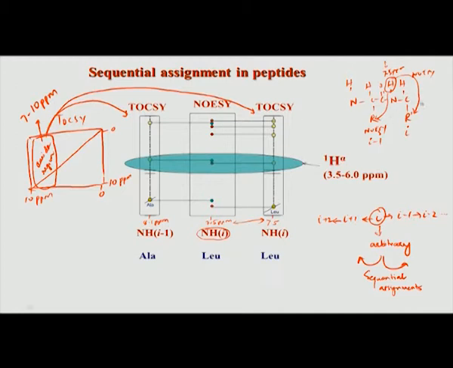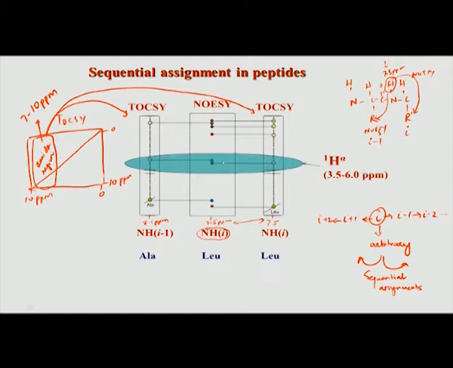You can also get a feel from this picture that this amide proton is close, within 5 angstrom, for the NOE to be observed to the sequential I minus 1. But if it has to see correlation to I plus 1, that is a little far away, it goes beyond this, because there is an amide bond here and then comes the side chain. So typically the I minus 1 is the closest for the amide proton of a residue I, but I plus 1 is not so close. Therefore, any spin system I in a NOESY will show correlation mainly to the I minus 1 spin system.